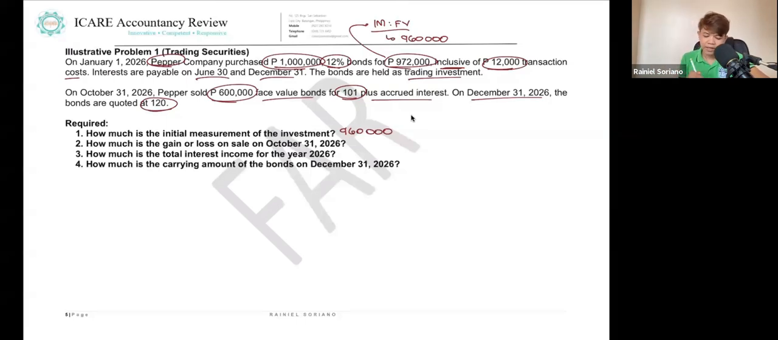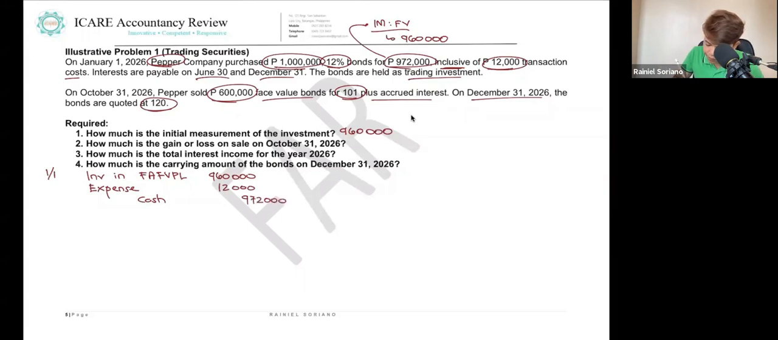Now, let's move on to question 2: how much is the gain or loss on sale on October 31, 2026? Let's prepare first the journal entries to make it easier. On January 1, 2026, the journal entry is to debit investment in financial asset at fair value through profit or loss, 960,000 pesos. We debit expense, or transaction cost, equal to 12,000 pesos, and we credit cash equal to